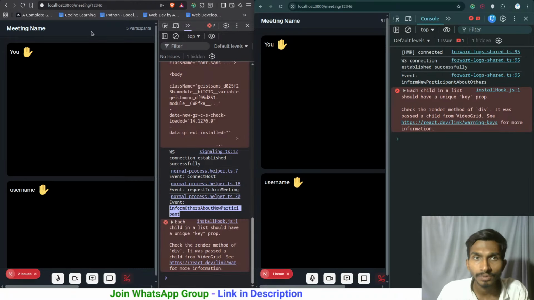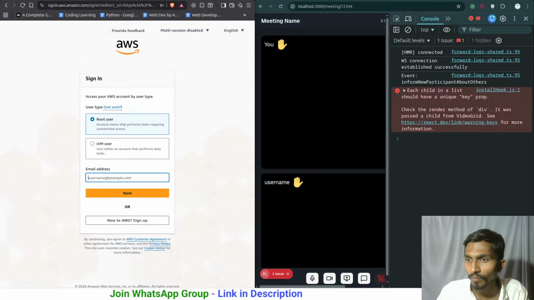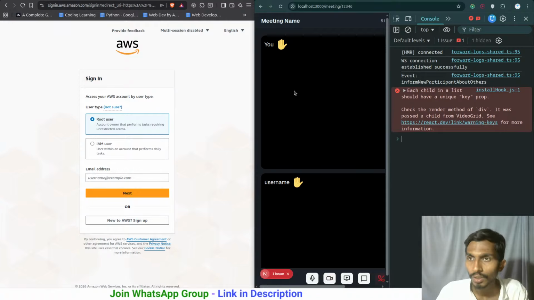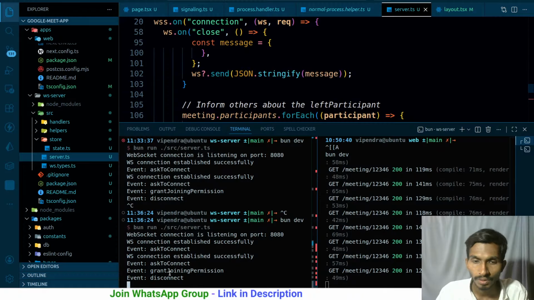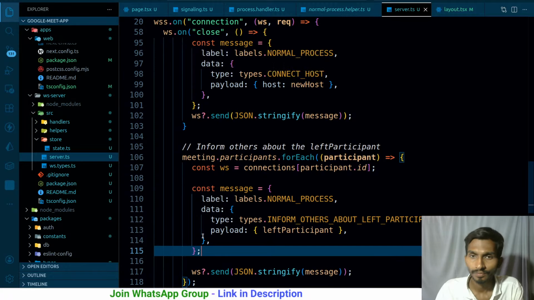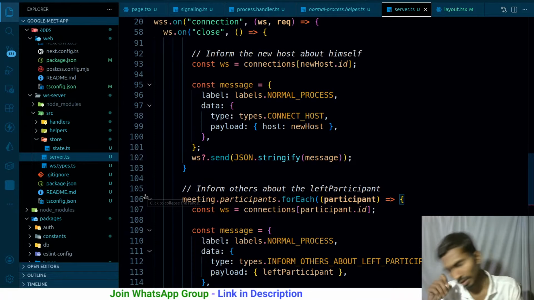How about when a user leaves the room? So if this particular host leaves the room, I don't get any event over here. Why is that so? Disconnect happened. Okay, this particular function ran, but at the end of the day, the event is not emitting. So ultimately, host is leaving the room. When the host is leaving the room,